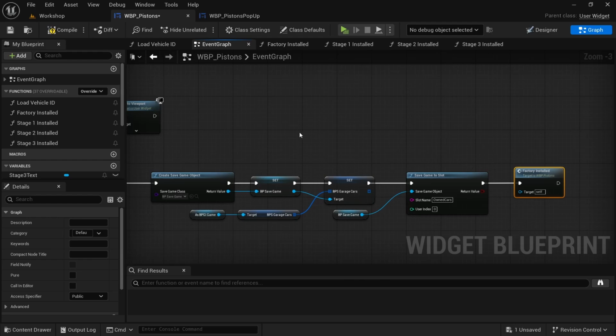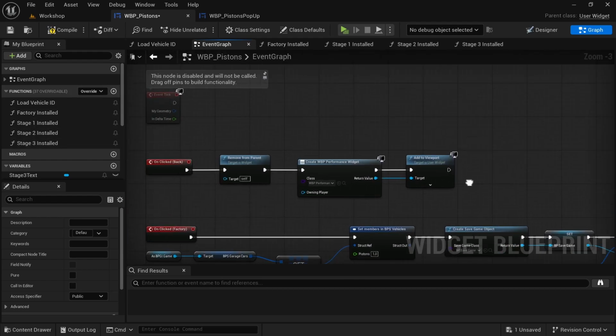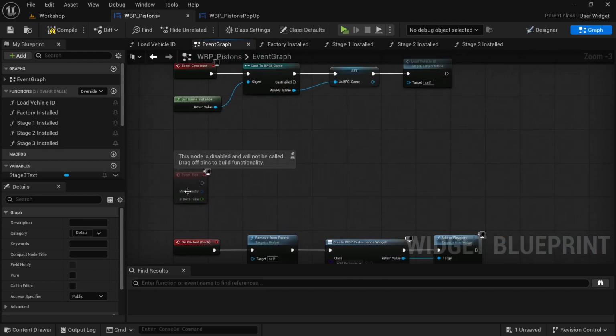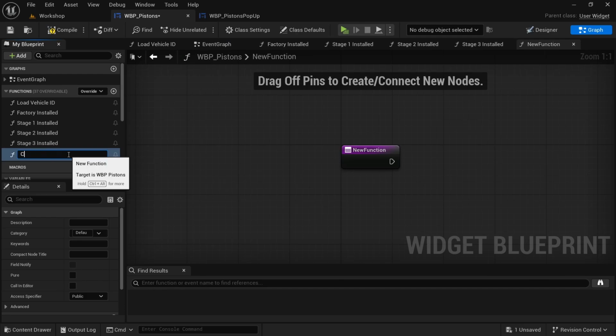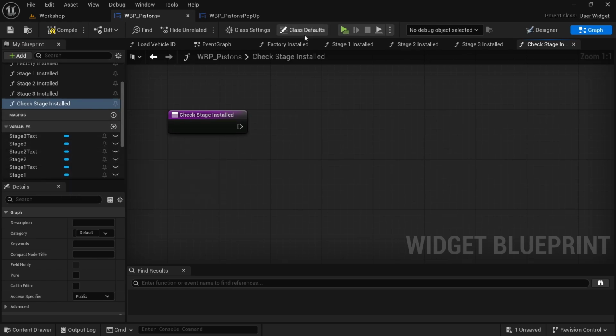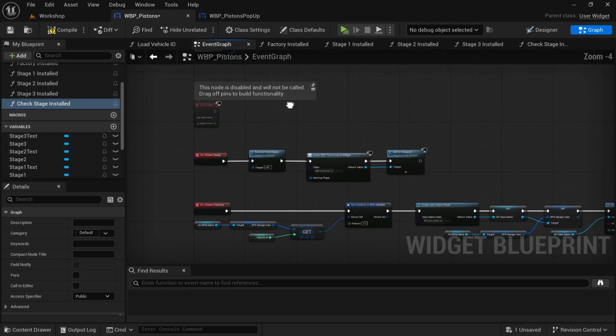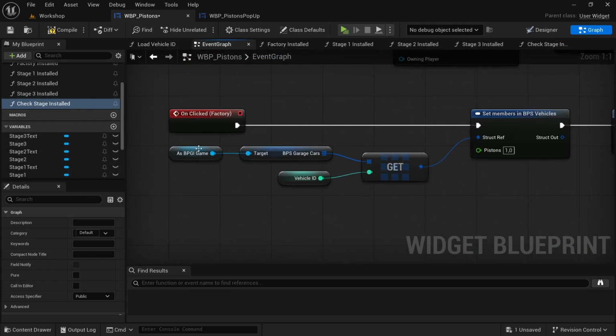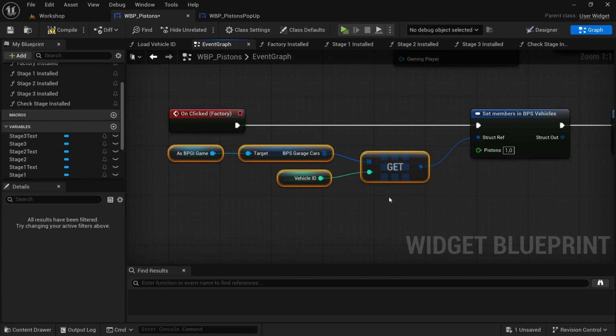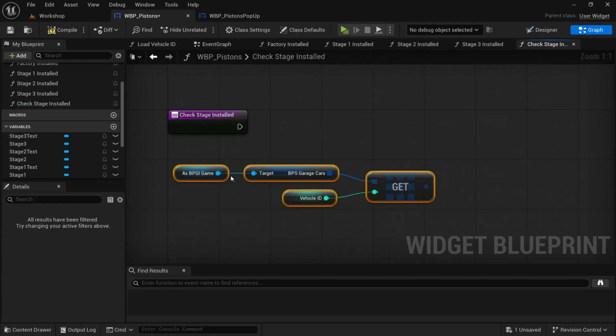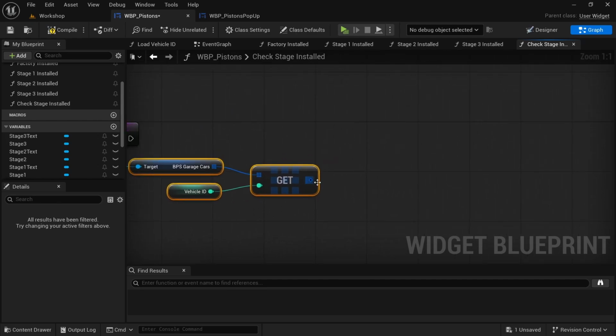And then another thing we need to do is create another function that we're going to add to the event construct. And then this one we're going to call check stage installed. So then from here, what we're going to do is we're going to take, let's go to the event graph real quick. Then we're going to take the SBP check game and the BPS vehicles along with the get in the vehicle ID. We'll take this. Then we're going to Control C, add to the function, Control V,